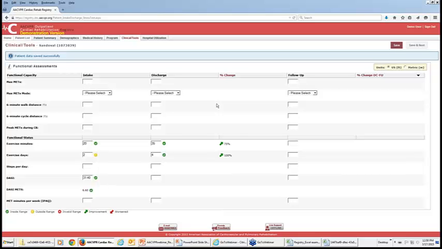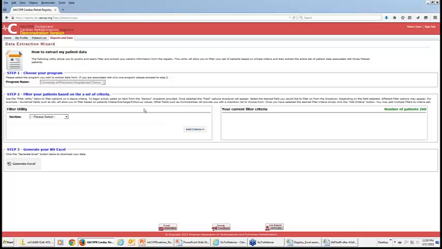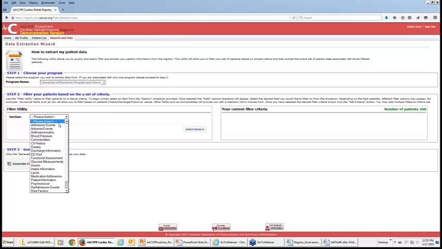All right. Well, oftentimes, though, besides just correcting data entry mistakes, we want to use the data extraction utility to answer specific questions, especially things like enrollment and completion rates. Now, generally, if I want to look at the outcomes of patients within a particular time frame, I almost always search using the referral date as a beginning.